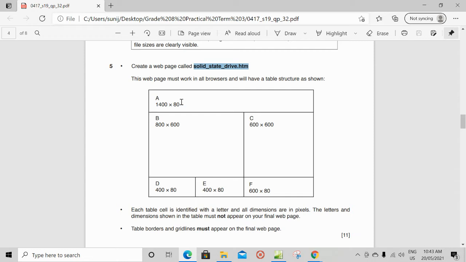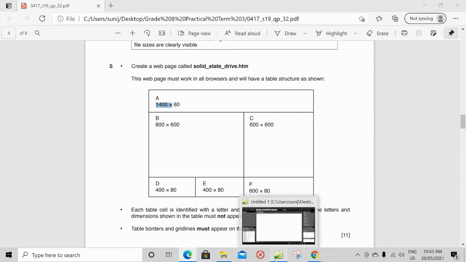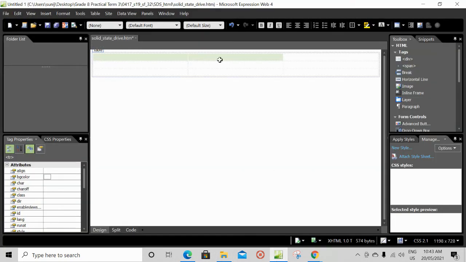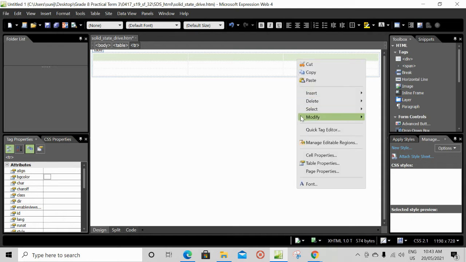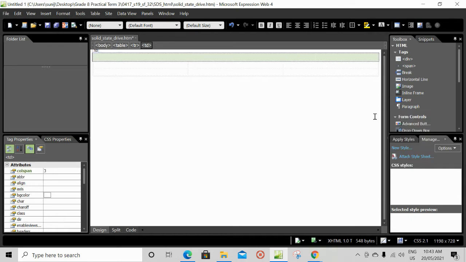So you can see the first one, that is cell A. In cell A, all the three columns are merged into a single cell and the dimensions given are 1400 by 80. So the first dimension is the width and the second one is the height. So to do so, select the first three cells, right click, modify, merge cells. This will merge all the three cells together into one single cell.